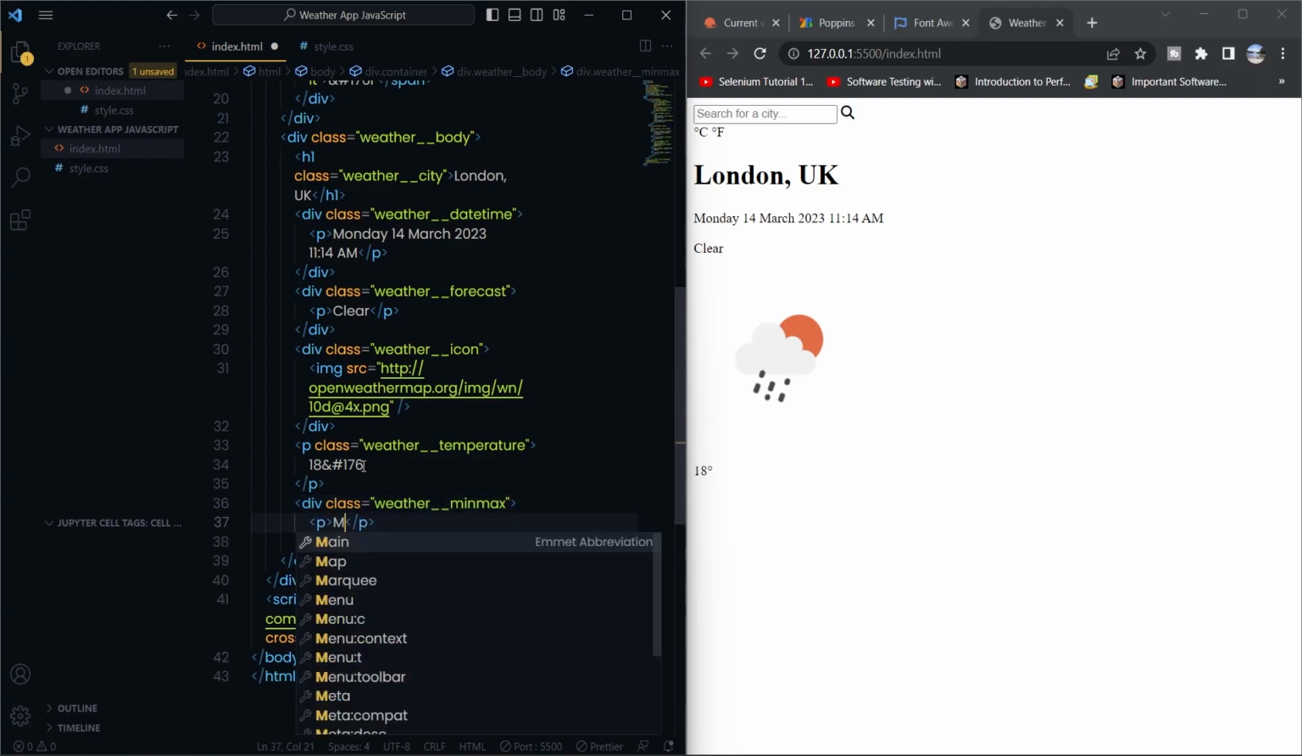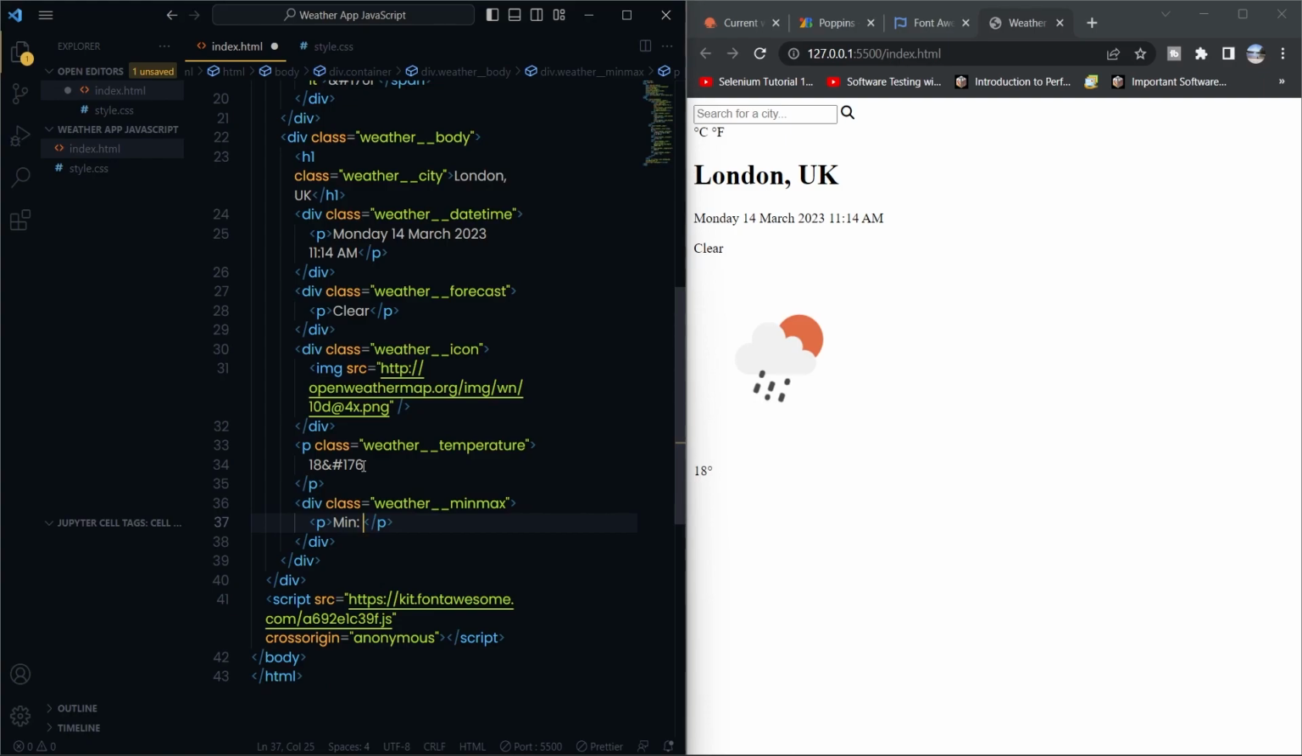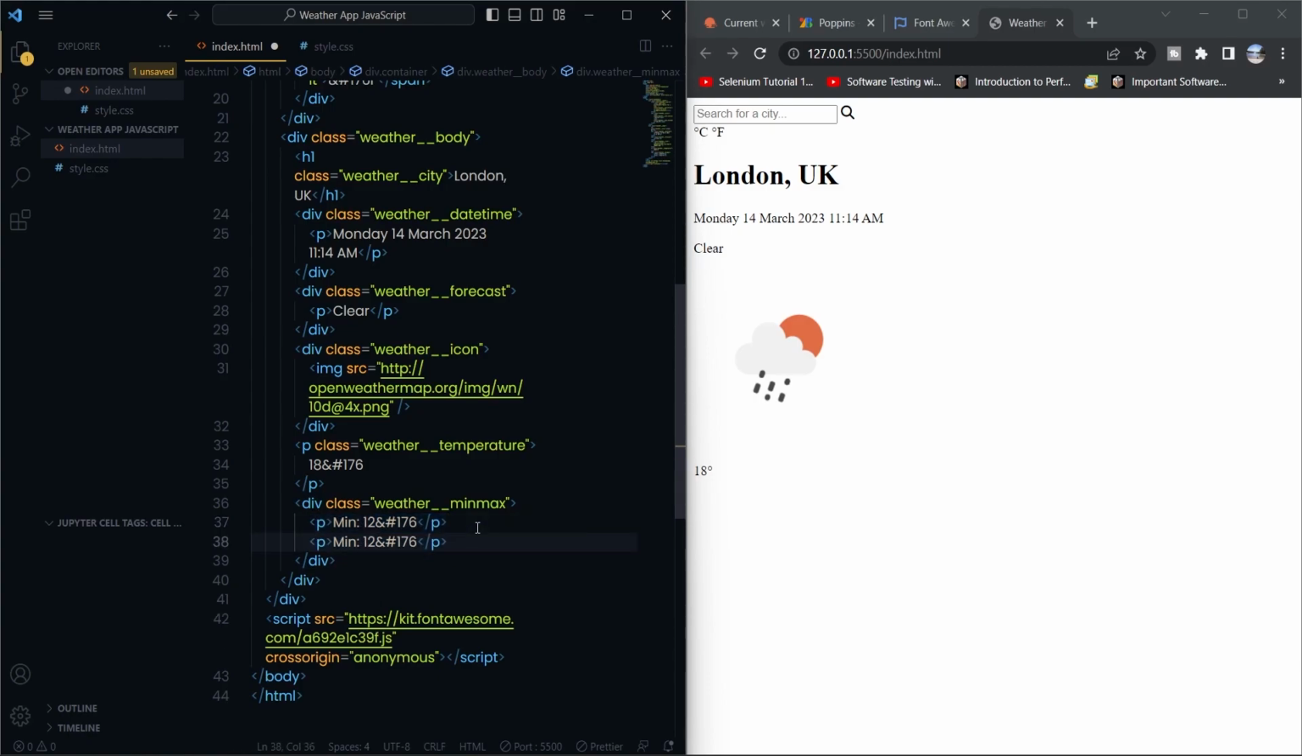Create a paragraph, put min 12 ampersand hash 176. Copy this and paste it below. And for this, I'll put max, and we'll say 16 degrees, whatever, just to have a placeholder value. Okay, so